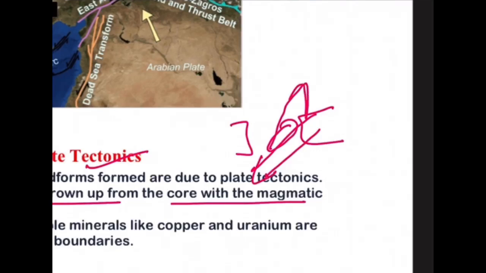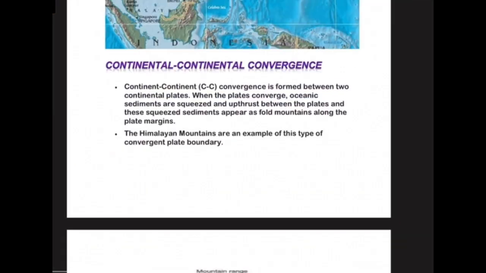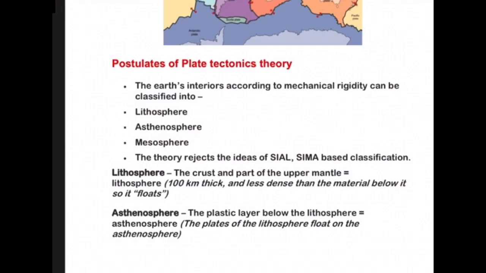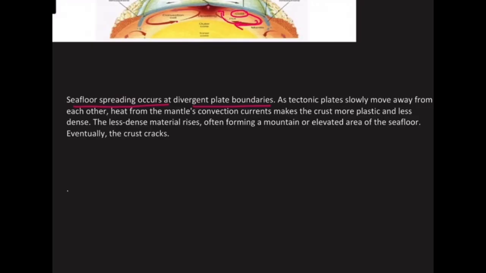and further formation of mountain and forms of basaltic rock. The significance of plate continental convergence boundary. See, this mainly gives the formation of fold mountain. Okay, thus convergent boundary. As this plate moves away from each postulates of plate tectonic theory. This consists of lithosphere, three types of plate boundary move.